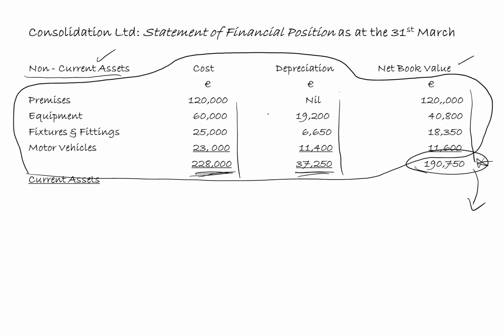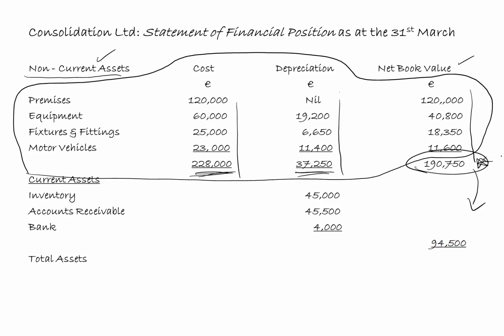So in this question here, we'll have three current assets: the inventory, the receivables, and the bank. Now when I add all those together, and I add the current assets onto the net book value of the non-current assets, I get my total assets figure. So if I just pop in the numbers there for the inventory, 45,000, the accounts receivable, 45,500, and the bank, 4,000. And then I'll add that up, bring the total out, line it up underneath the net book value of the non-current assets, and I'll get then my total asset figure, which is